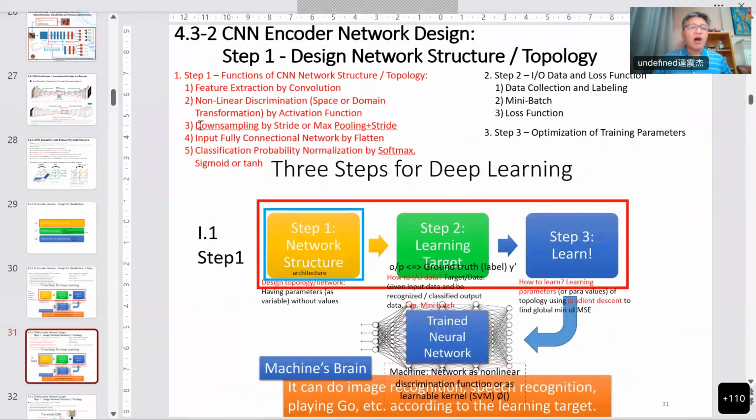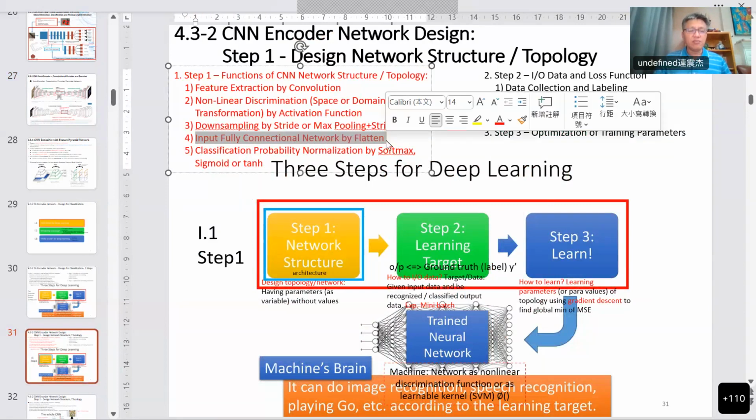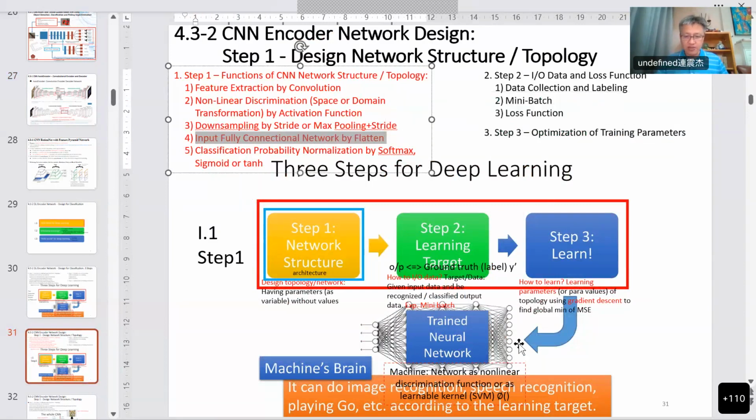How do you do downsampling? You want to use max pooling, you use stride, and decide how many downsamples you want to have. Then you need to flatten. After you do the network, you want to put the network for classification. Here, from 2D, we need to flatten, because this is an NLP,